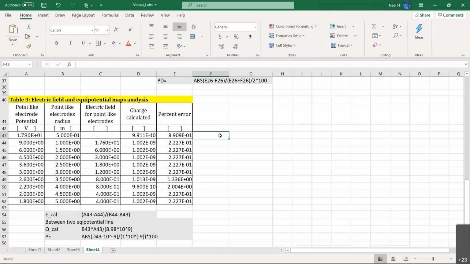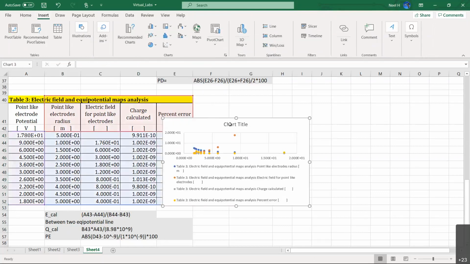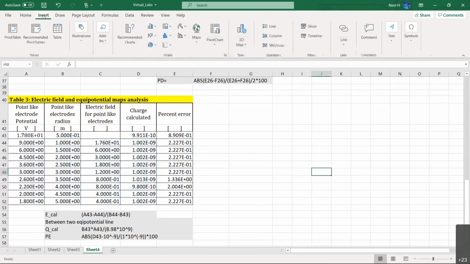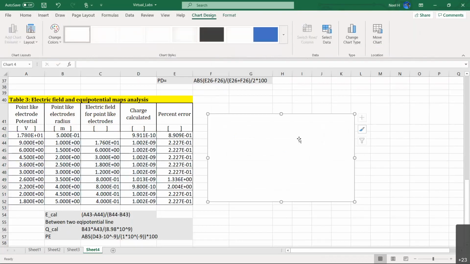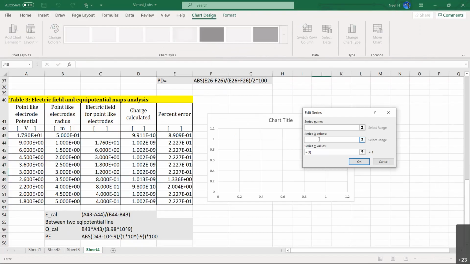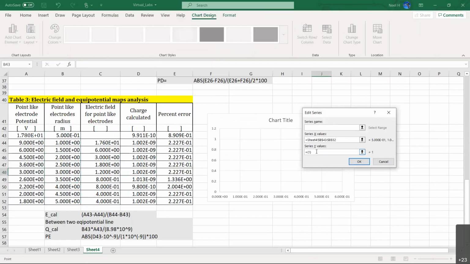And let's take a look at the behavior, right? We know electric potential should behave as 1 over R. So let's make another graph here. Insert scatter plot. You have to click elsewhere before you insert the scatter plot. Then you will get the graph without anything there. Then you add the data, okay? So the X values should be R, radius right here. And then Y values should be the potential you measured.